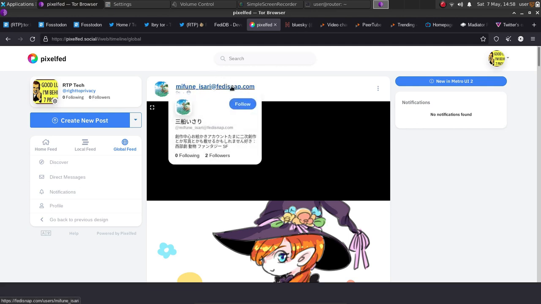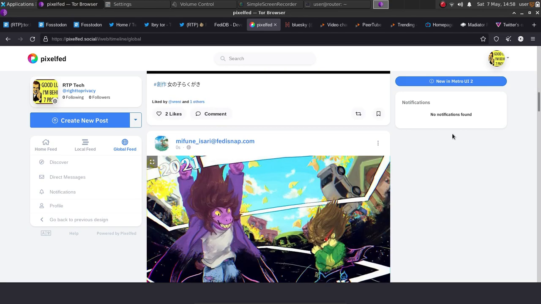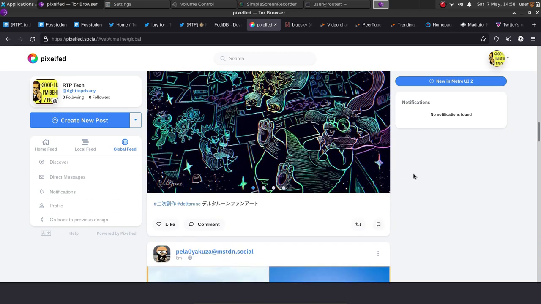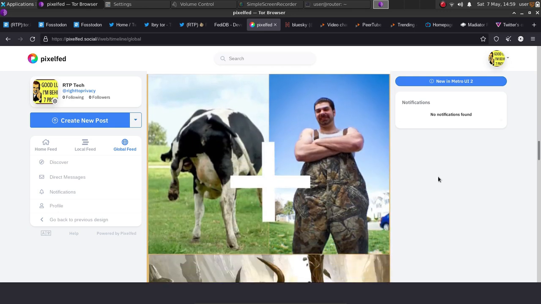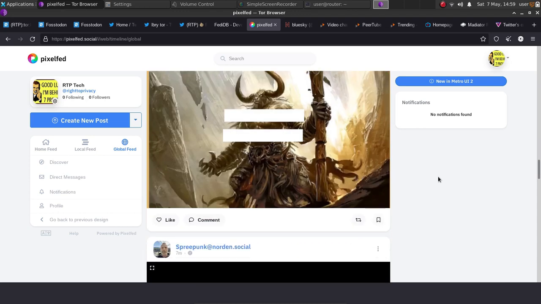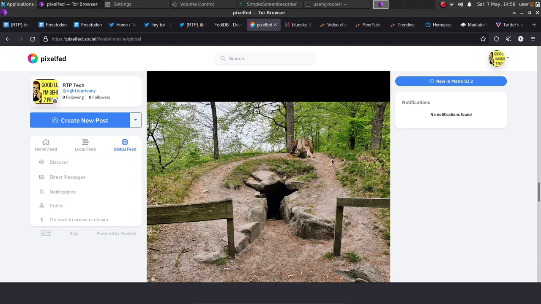You can also register at FediSnap, which is one of the other ones that I can see their posts as well. I can interact with them, even though they're on a whole different server. So unlike the centralized platforms and social medias, this one, you can actually interact with people, and you can create your own server if you want to. But I suggest first, just go ahead and register on an instance. That's what they call each server, a different instance. Once you do that, you can get the hang of it and see what you like about it, what you might not like about it.